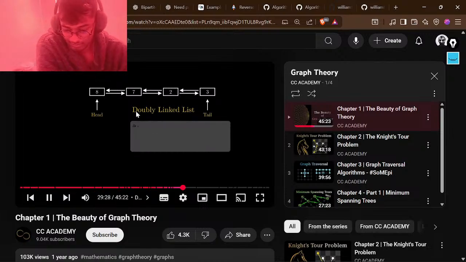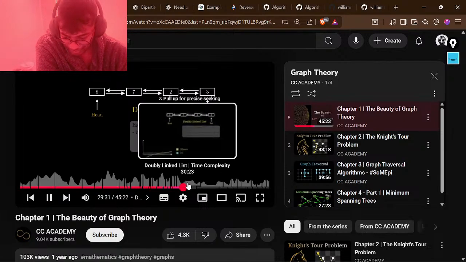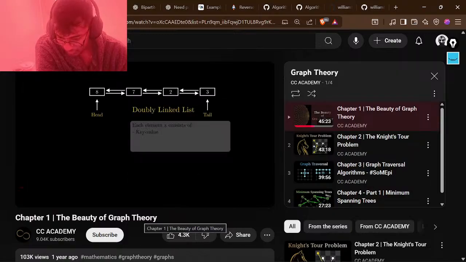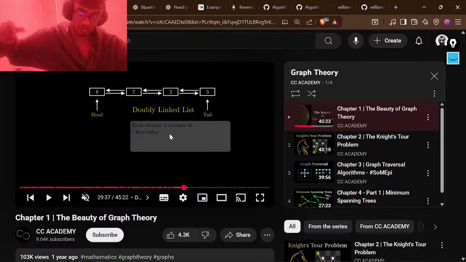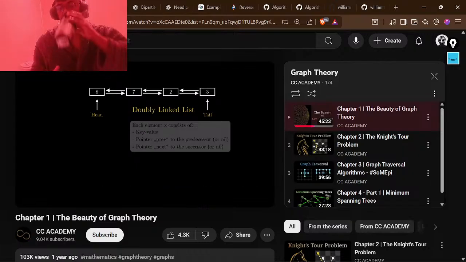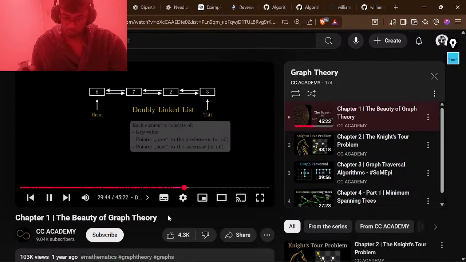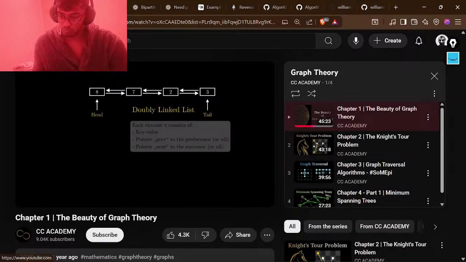Each element, so each cell, consists of a so-called key value. Here the number is stored in the rectangles. And also a pointer to the previous element in the list, and another one to the next element in the list. Binary trees come now into play when it comes to the time complexity of basic operations such as